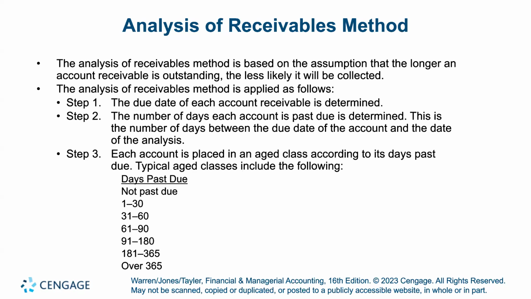And again, in real life, based on past experience, you assign a percentage to each of those categories that you think is uncollectible. So we're looking at the money owed to us and then breaking it down in categories by age. Each of those aged categories will have a percentage that we think is uncollectible. And that percentage will typically get higher the older the debt is. Okay.